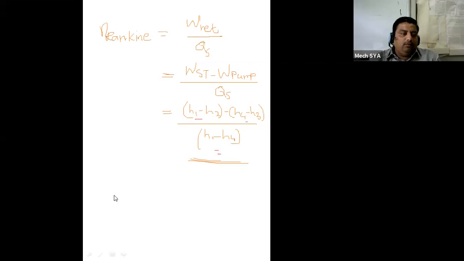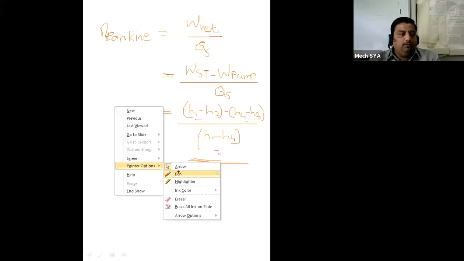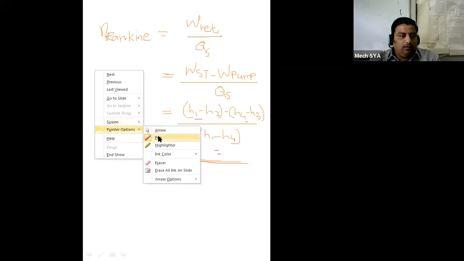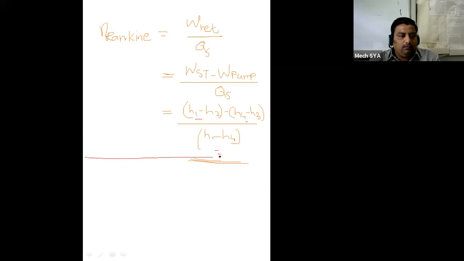Okay, now today we'll discuss the actual Rankine cycle. So we'll be ready now. And where possible, I am going to use the whiteboard because I think most students are telling that the whiteboard is effective. So this is the actual Rankine cycle we'll discuss today. So draw some figures with me. Those I am drawing. Actual Rankine cycle.